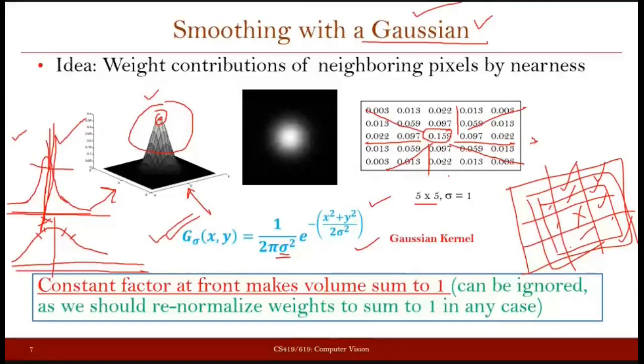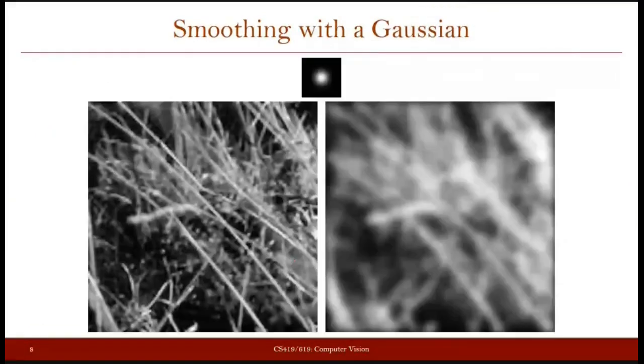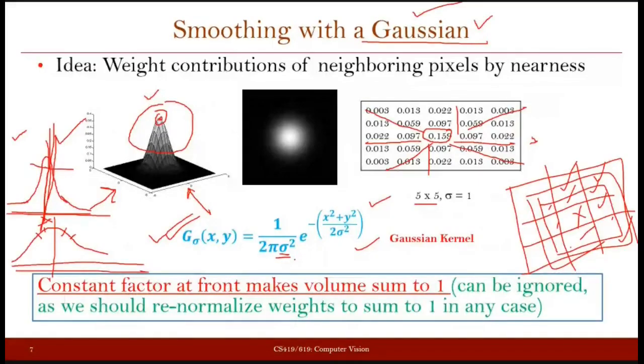Okay, so sigma is a very important parameter when you are defining the Gaussian filter. Normally when we want more smoothing in the image, we consider a high sigma, and when we want lesser smoothing in the image, we consider a lesser sigma. And here also, if you sum all the values in your filter, you will find that they sum to 1.